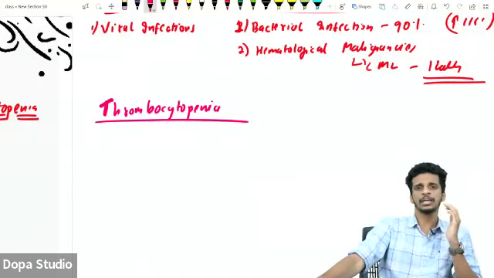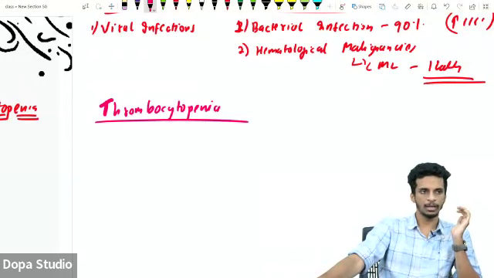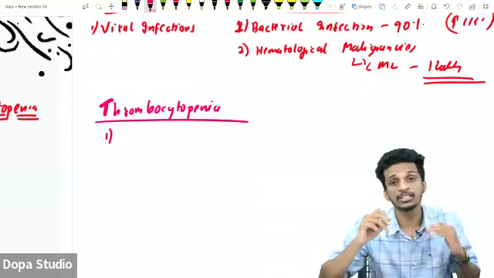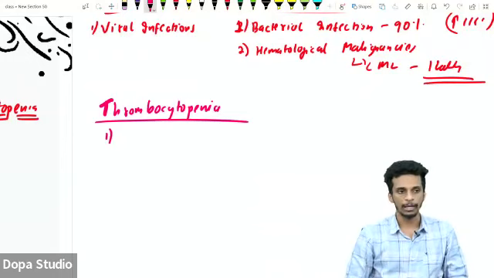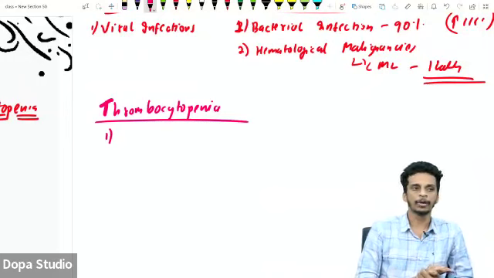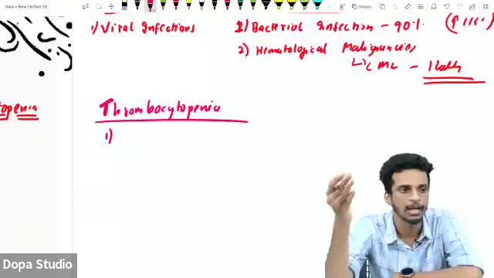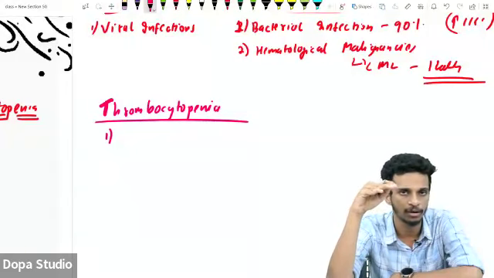So whenever I see a patient with a platelet count of less than 1.5 lakh, and the patient's previous platelet count was normal, and presently the platelet count is less than 1.5 lakh,